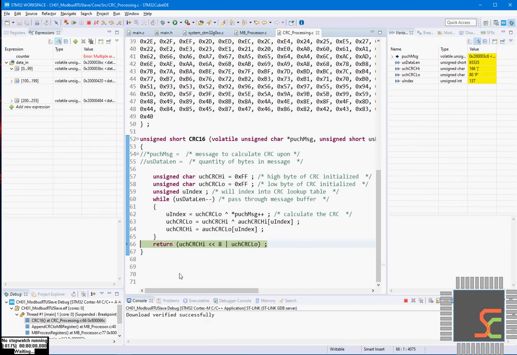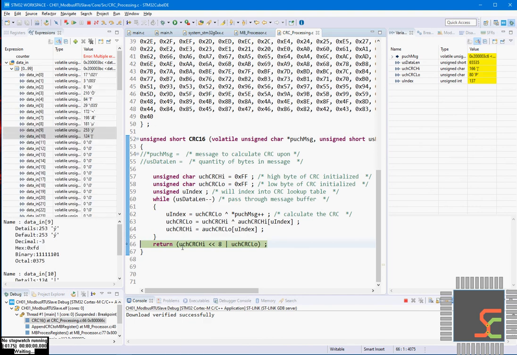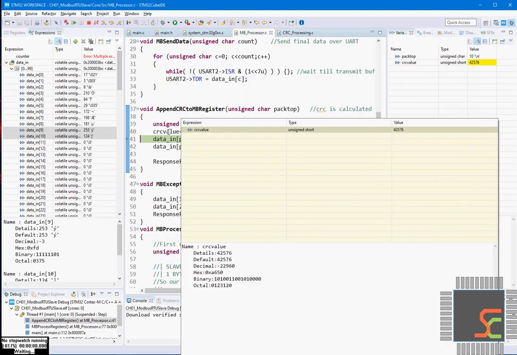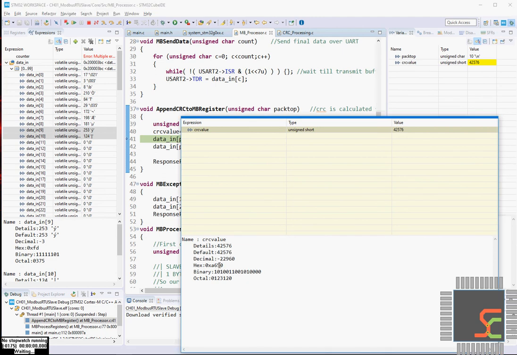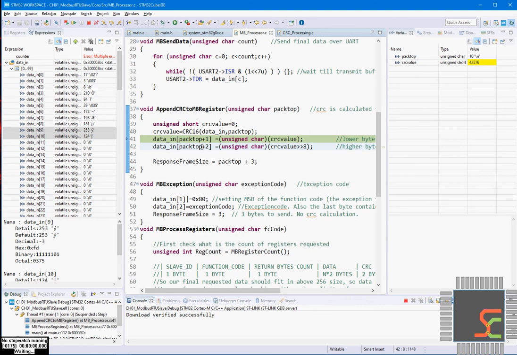I'll say run to line or Control R, and the CRC calculated we will see in the function. So the calculated CRC value is hexadecimal A650, wherein the A6 is called the high byte and 50 is called the low byte.